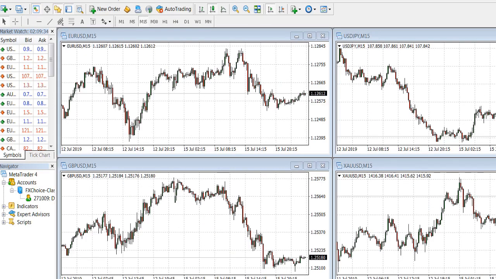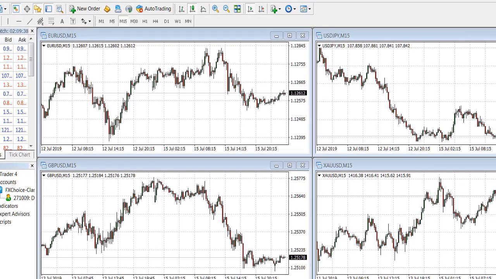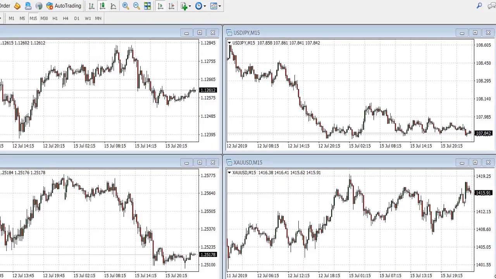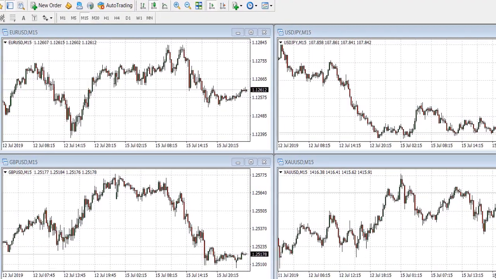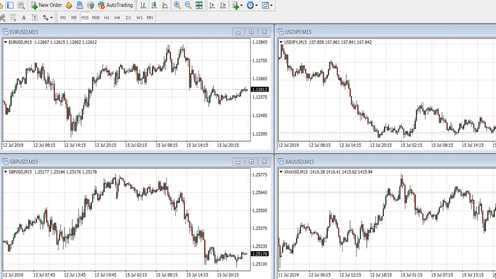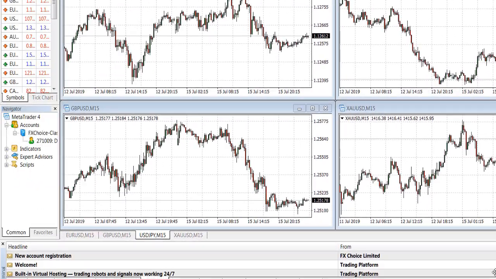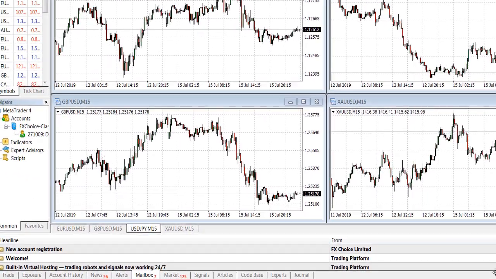Okay, so I'm inside my demo account and I'm not sure how to make my window wider in order for you to see the entire platform. I'm trying to do that for the video and I can't do it. So I'm gonna have to just drag this down, but here at the bottom you have your mailbox is open